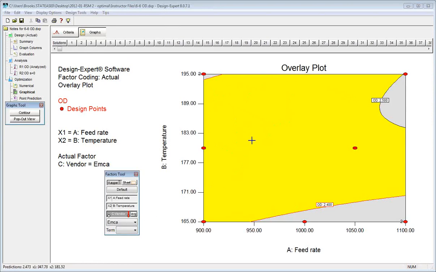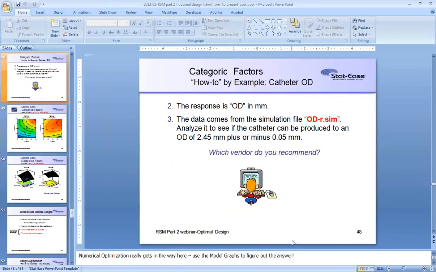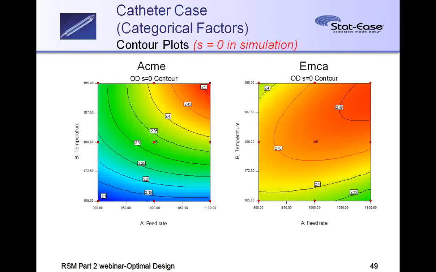If you actually look at the graphs and explore, you see that just clicking on MCA, the yellow region is where it actually works and it matches our goals, and it's way bigger with MCA than it would be with Acme. So I would choose MCA in this case to meet those specifications the best. It gives us wiggle room around those settings. So MCA is the winner,